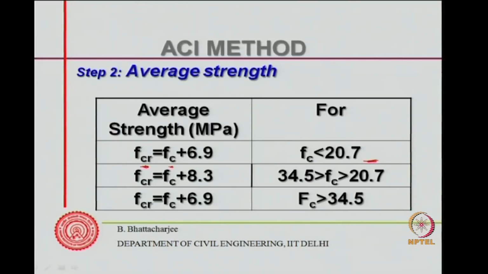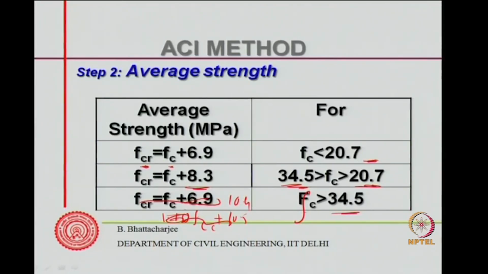If it is more than 20.7 and less than 34.5, then you add 8.3, and if it is greater than 34.5, then you add, oh, this is wrong, you add 1.1 FC plus 10.5. So, the value is different, this is not correct. I think we have the formula separately. So, sorry, it is FC plus 10.9, not 1.1 FC plus 10.9. So, anyway, this is FC greater than 34.5, you have